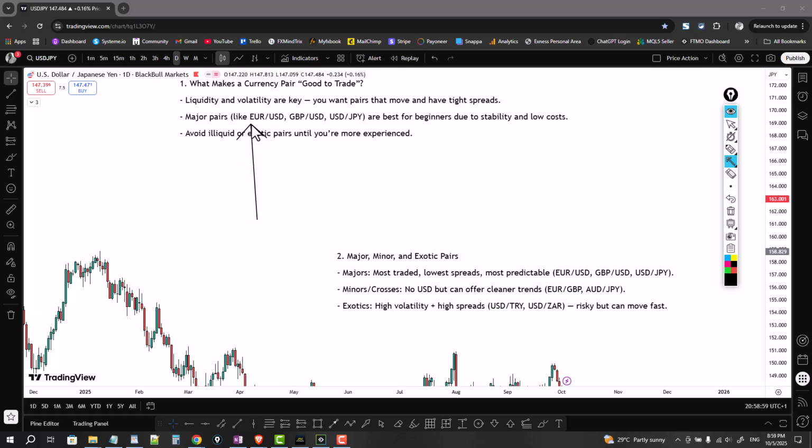The first currency in a currency pair is called the base currency. So in this example, you've got the Euro USD. The base currency in this particular currency pair would be the Euro. And the second currency in the pair, which is the USD, is called the quote currency or the counter currency. Okay? So the Euro is the base currency and the USD is the quote currency or the counter currency for